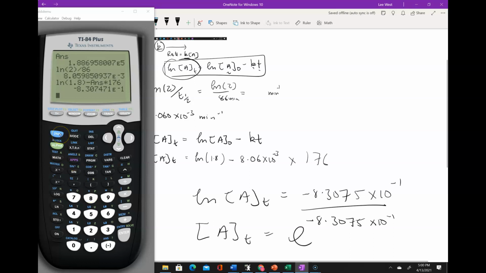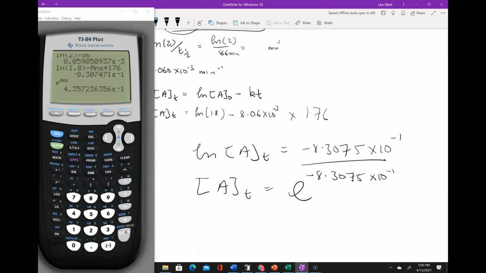So I'm just going to go second function, natural logarithm, second function, answer to bring up the answer that I had before, and then enter. And there it is. It is 0.436, right? So concentration of A at that time of 176 is going to be, this is in scientific notation,